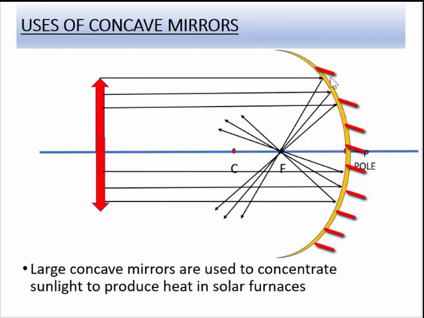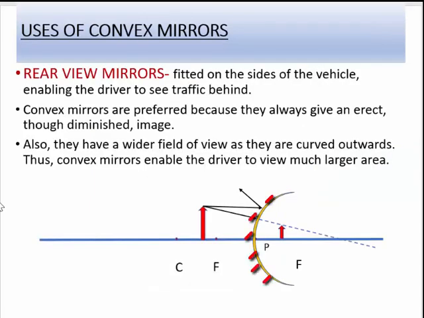After they are incident on the concave mirror, since they were going parallel to the principal axis, after reflection they will all pass through a common point, which is the focus. Because all the light rays are concentrated at the common point, the focus, a lot of heat is generated, and that heat can be used for cooking food using the solar cooker. Now, these were the uses of concave mirrors. Let's now have a look at convex mirrors also.